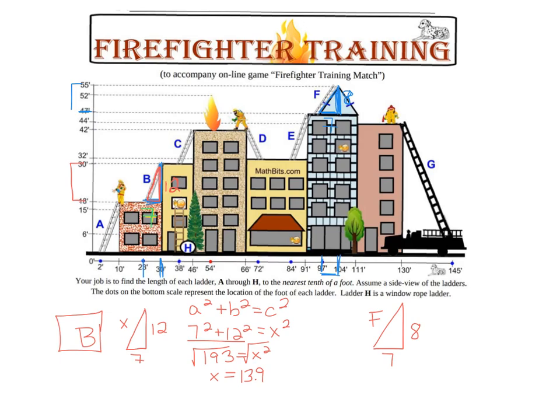A couple more things to help. Sometimes people can't see H. H is actually just straight up and down, so you don't even need the Pythagorean theorem to figure out how tall H is. And then G,